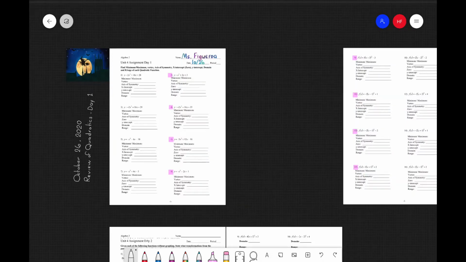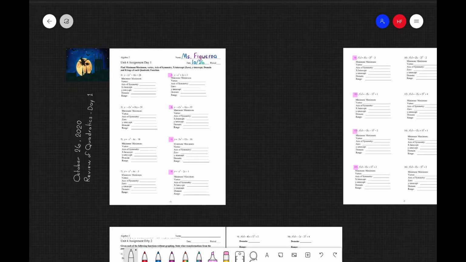Today's October 26th, and we are doing a review of quadratics. Today is the first day of reviewing quadratics, and then we'll continue tomorrow. So I'm going to do the highlighted problems on this worksheet, and then the rest of them will be for you all to do. So on each of them, we have to find the minimum or the maximum, the vertex, the axis of symmetry, the x-intercept, which are the zeros, if there are zeros, and then the y-intercept and the